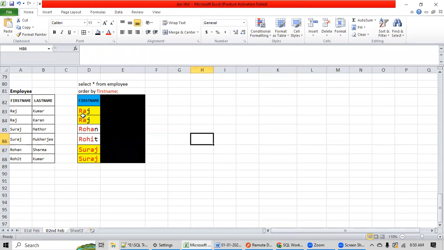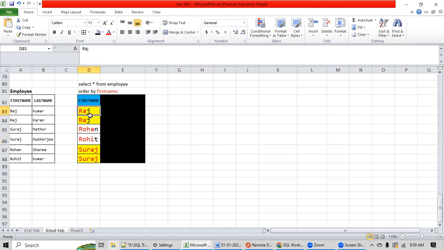Okay. If there is a conflict in the first character, then what will the engine do? It will move to the second character and so on. It will check the second character. If there is still a conflict, it will go to the third character. If there is still a conflict, it will go to the fourth character. If it is still there, it will continue checking.